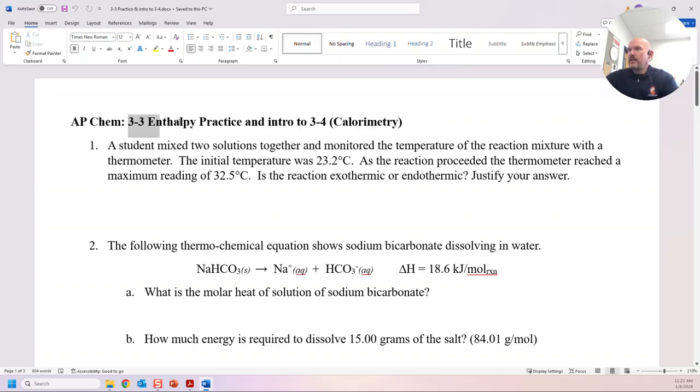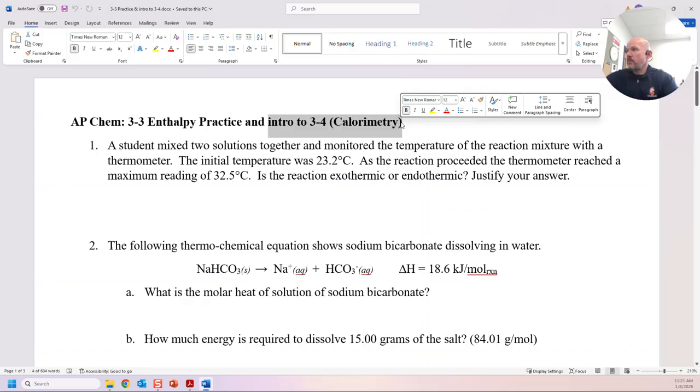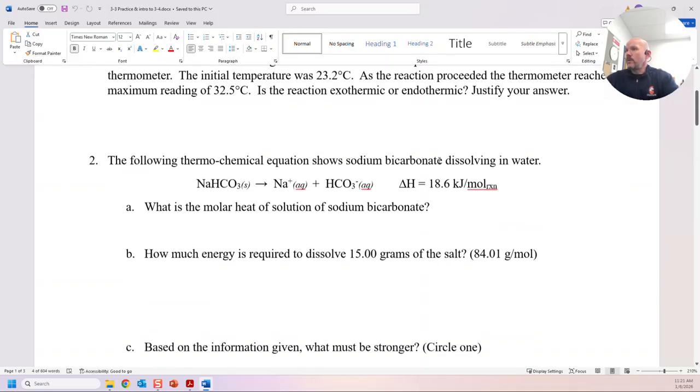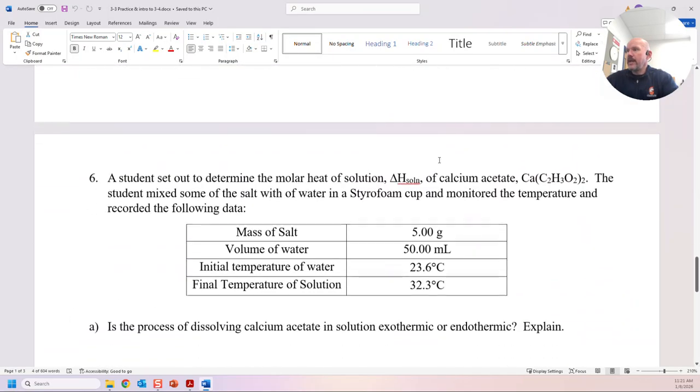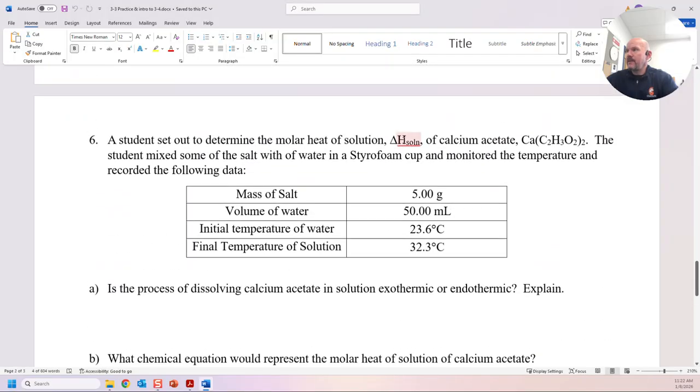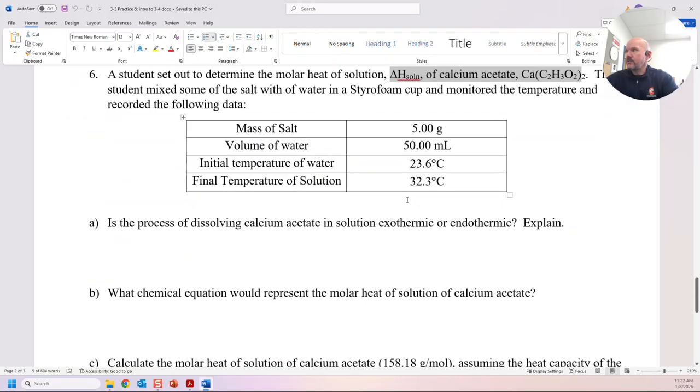So in part one, we did the enthalpy practice. In part two, we started the calorimetry questions practice. And we finished with figuring out the heat of solution for calcium acetate based